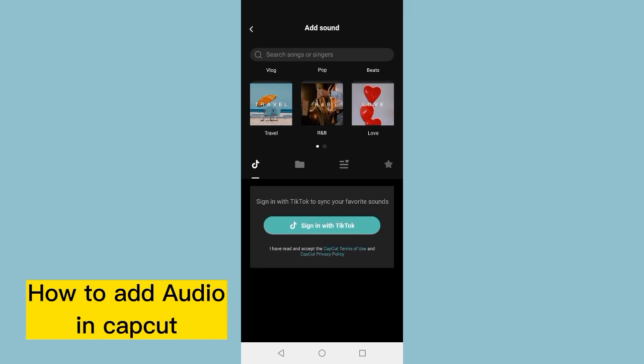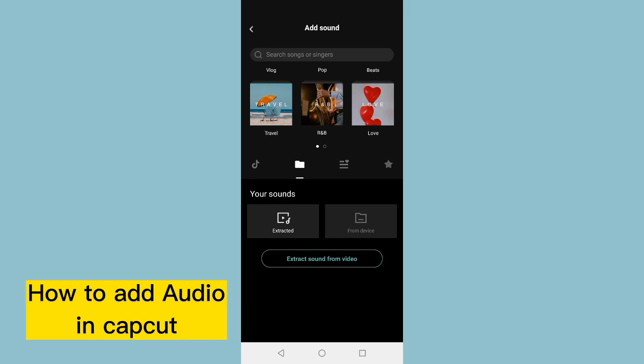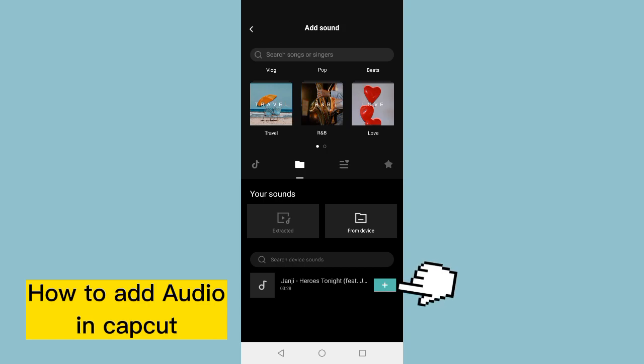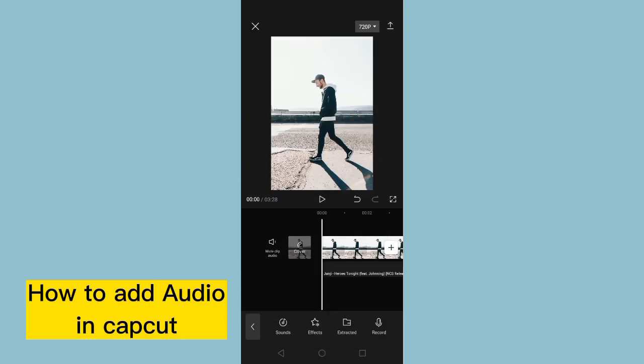But if you want to add it from your phone gallery, for this, tap on this envelope option, then the gallery option, and then tap on the from device option here. And there is only one voice in my device, so tap on the plus icon. When you tap on the plus icon, this will be added to